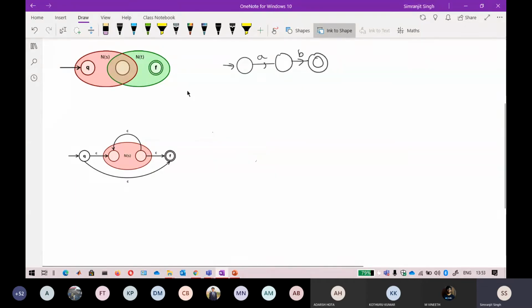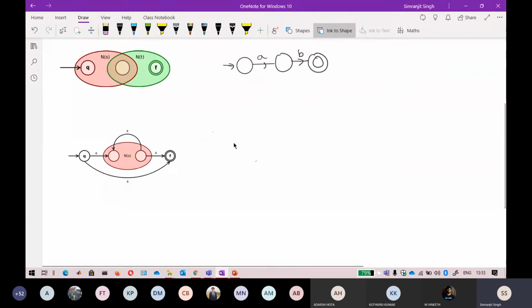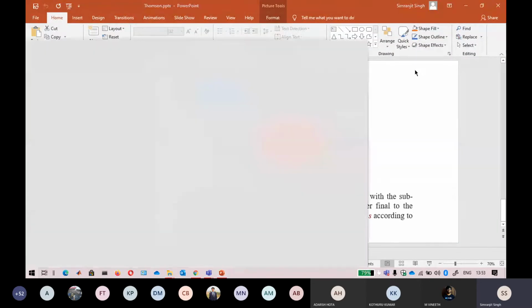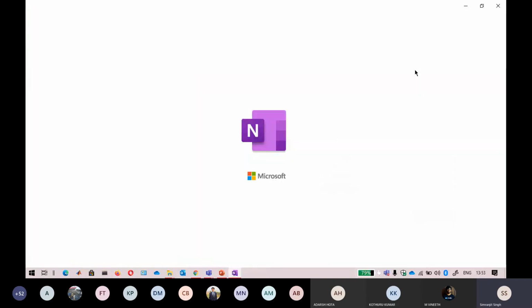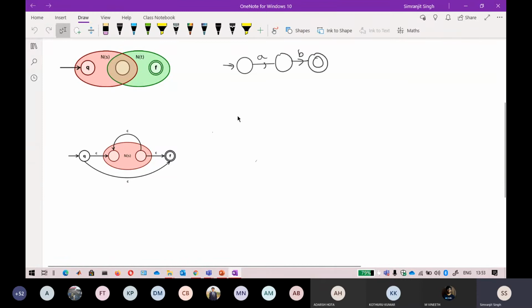If I convert it into a simpler form of the regular expression A star, this is also A star, this S is S star. So this is talking about a Kleene closure. The NFA corresponding to this regular expression S is written like this.